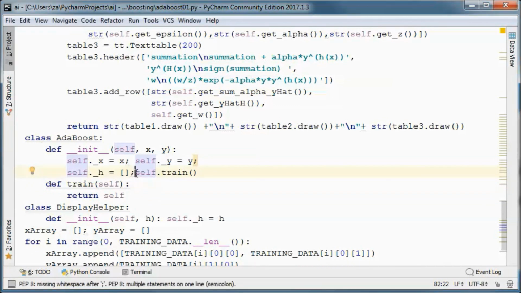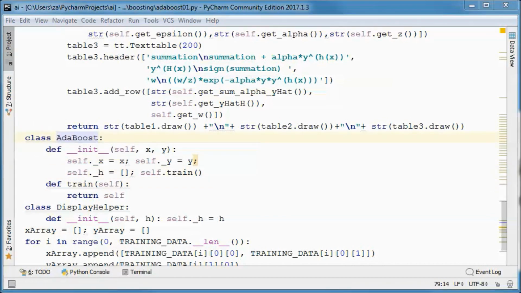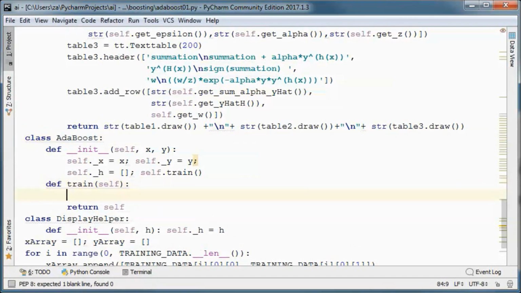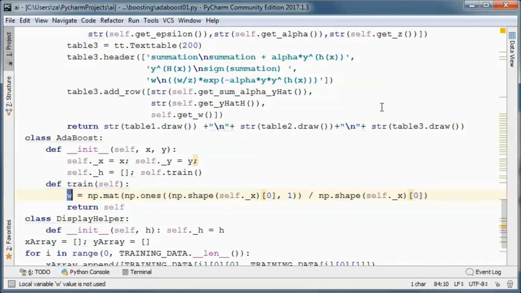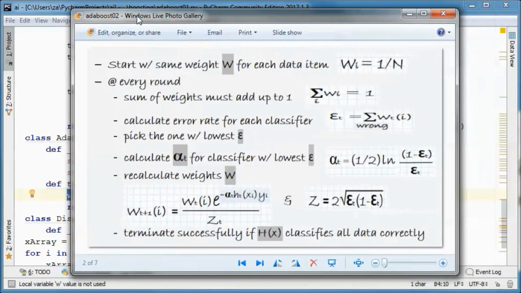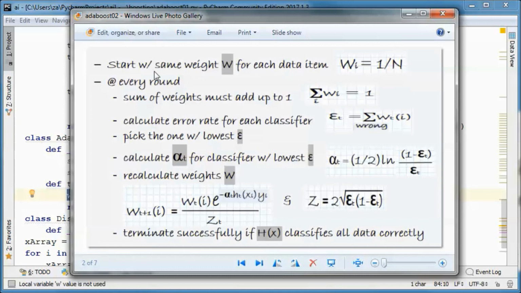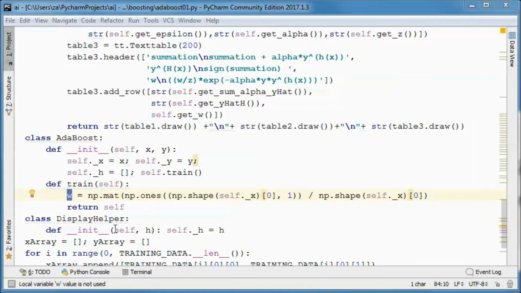And the train method is invoked whenever we instantiate a new AdaBoost class. And here we will first calculate W. So we start with the same weight for each data item. It's 1 over the number of data items.